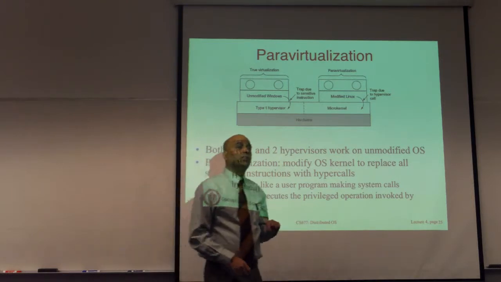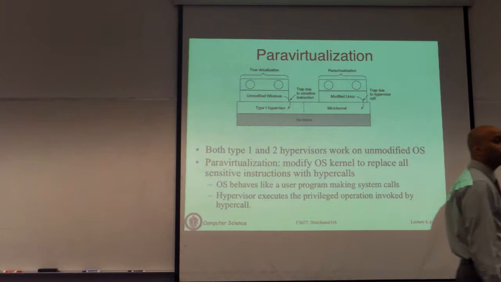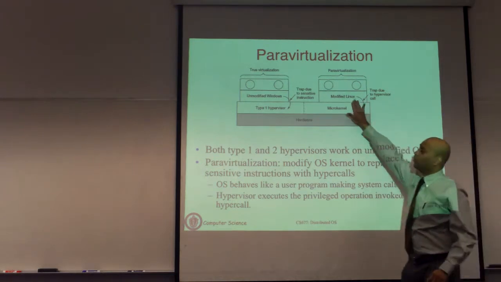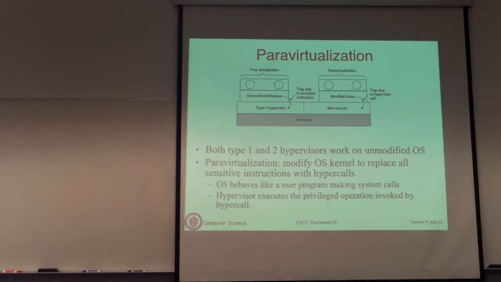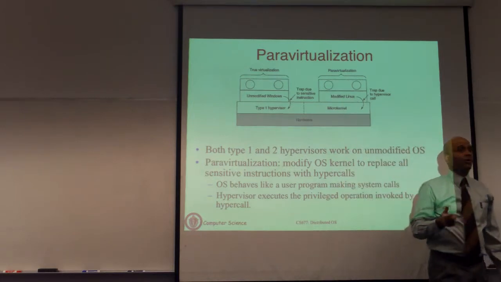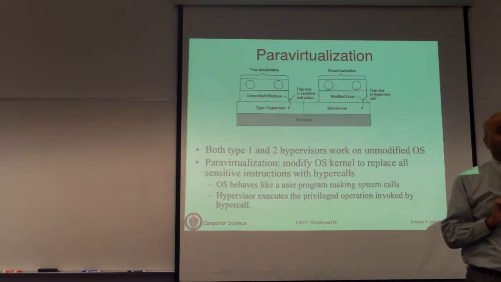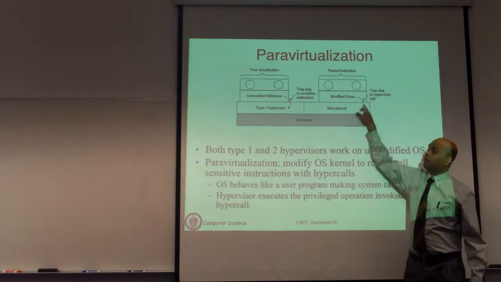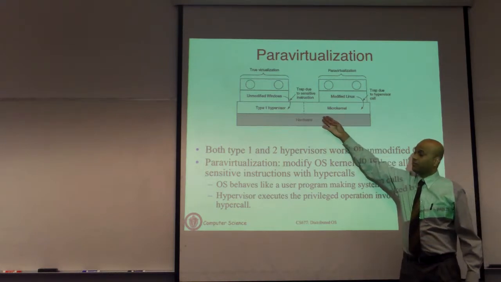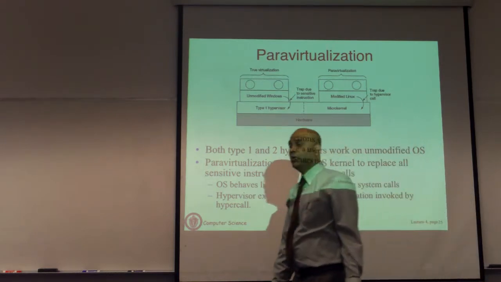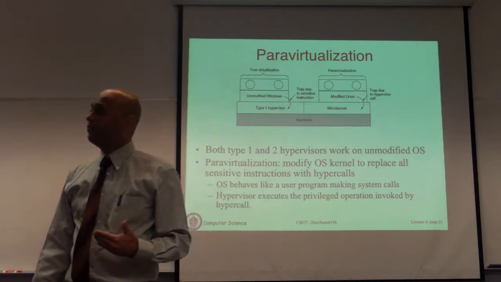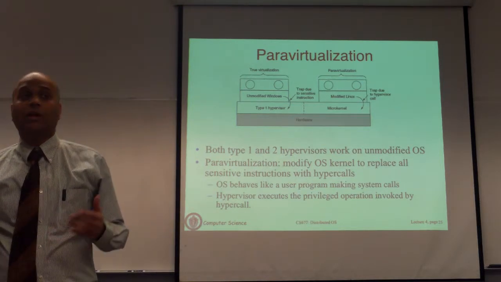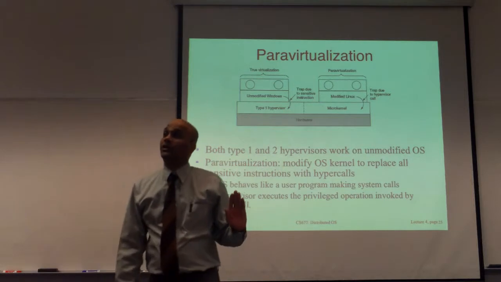Okay? So every sensitive instruction inside the virtual machine, inside the OS kernel is going to be replaced by a hypercall. So you no longer need the trap functionality at the hardware level. When your OS code runs, every time it needs to perform the operation, somebody has actually re-implemented that operation using a hypercall. So you will execute the hypercall. The hypercall will actually go into the type 1 hypervisor and ask the type 1 hypervisor to perform that operation on behalf of the OS. Okay? This is exactly what was happening in type 2 except at runtime.